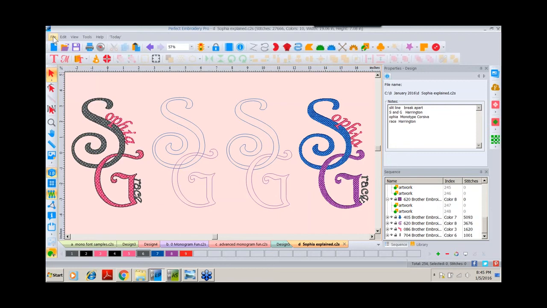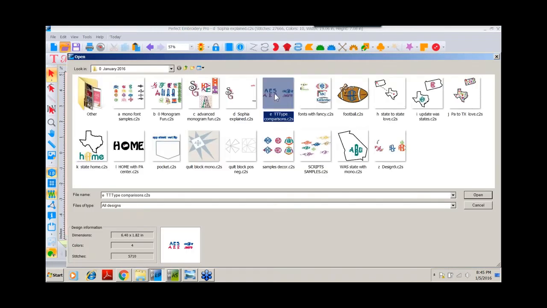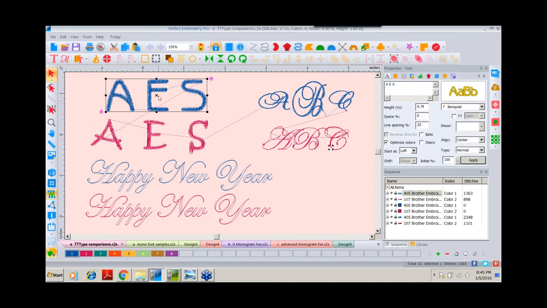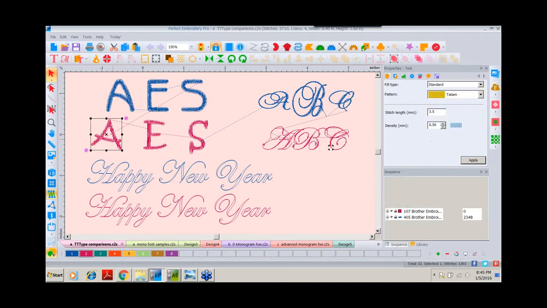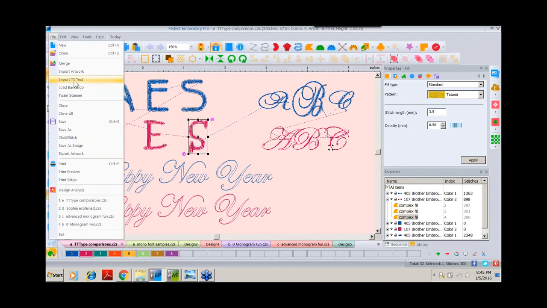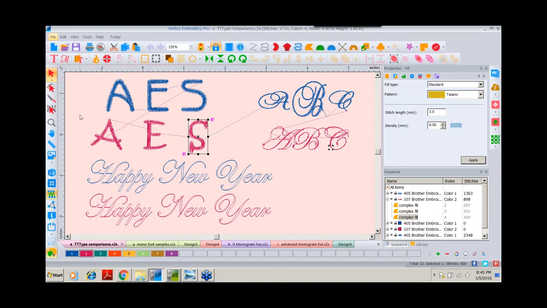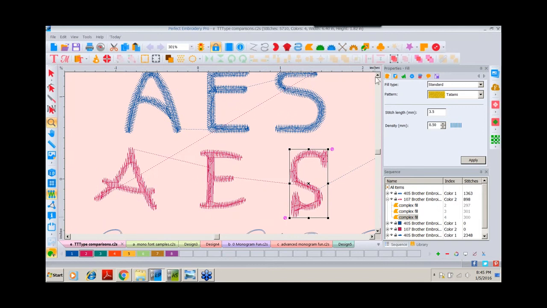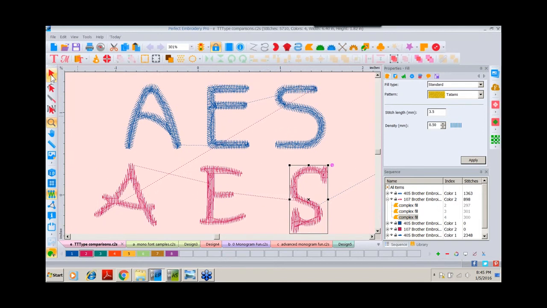Now, a few words about TrueType fonts. Okay, I've done a whole webinar on TrueType fonts, but when we're talking about our monograms and our characters here, I want to bring something to your attention. Here I've created a file already where the blue is done with the built-in digitized fonts that come with the software, and the letters in red here are done as your file import TrueType text. And I actually use the Kristen font. And I want to show you something up close, because when we talk about the built-in fonts versus your TrueType,